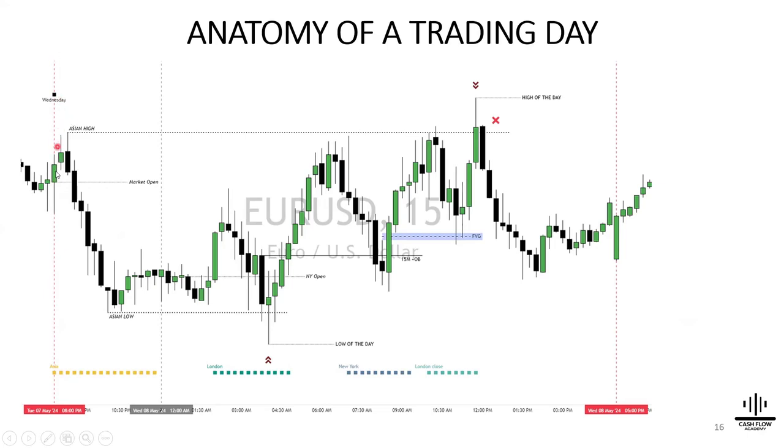Now you can remember the lesson on protraction. This line here is the GMT, the market open. This is actually the market open for a trading day, but we use the New York trading time, which is the 12 a.m. I use the New York. You can use this one as well. You can use it, but I further refine it to the New York 12 a.m. So you can see how market